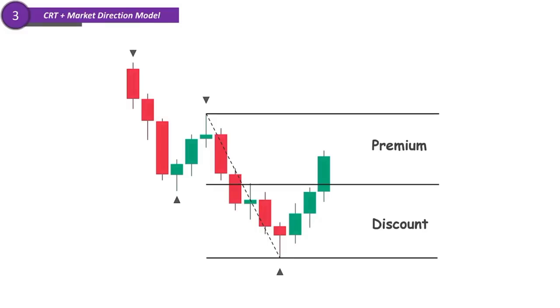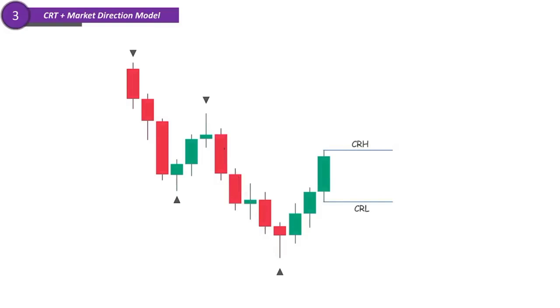Once price enters this premium area, we apply the CRT model. But this time, we only focus on bullish candles within the correction. Just like before, we mark the high and low of each bullish candle and wait to see how the next candle behaves. If the next one breaks and closes above the range, the setup is not valid. But if it sweeps above and then closes back inside the range, we have a valid CRT signal in line